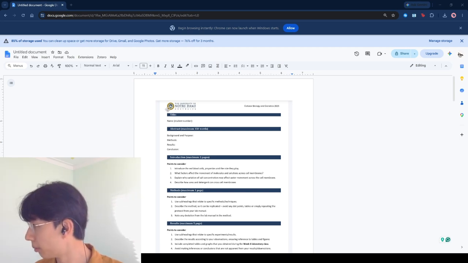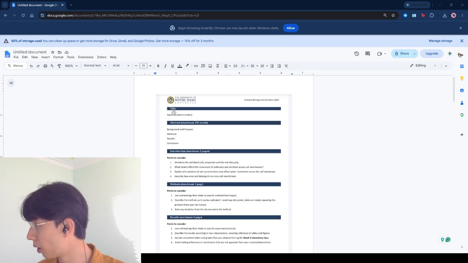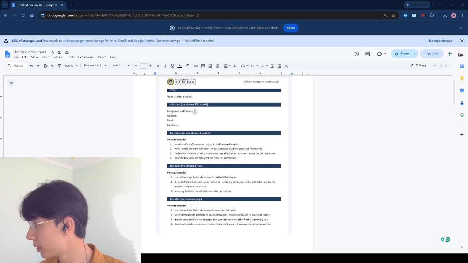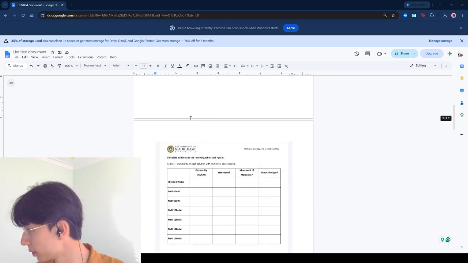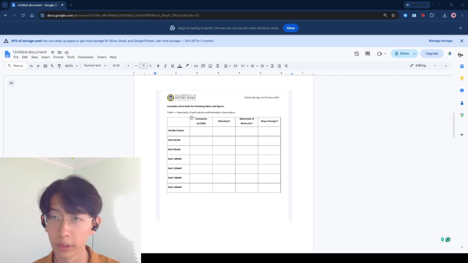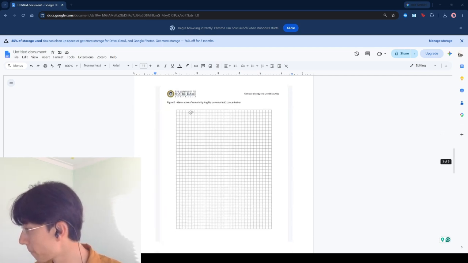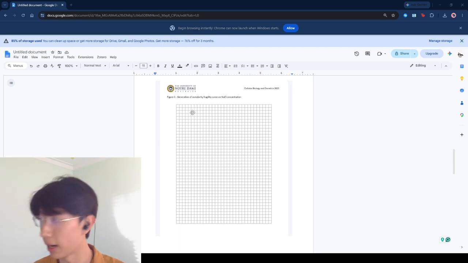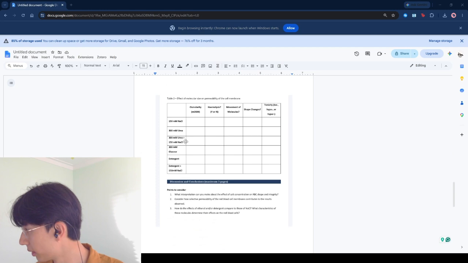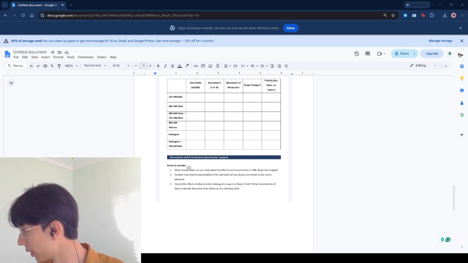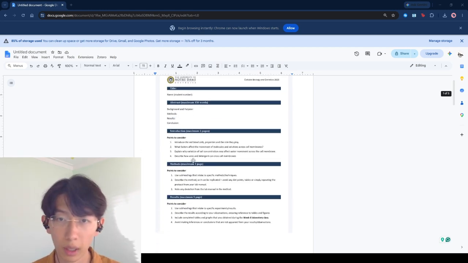So, looking at what I've got, these are some key ideas of what you would be expected to write, such as your abstract, your introduction, methods, results, filling out this table, which you will do in your labs. This graph that you need to plot out, and this table again, and some points to consider here. Alright, so